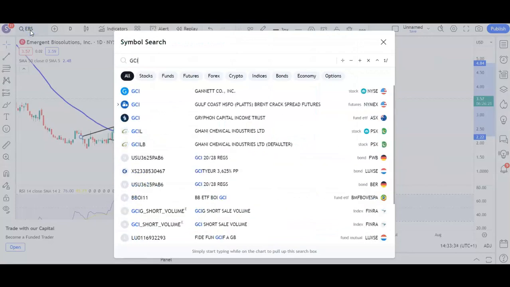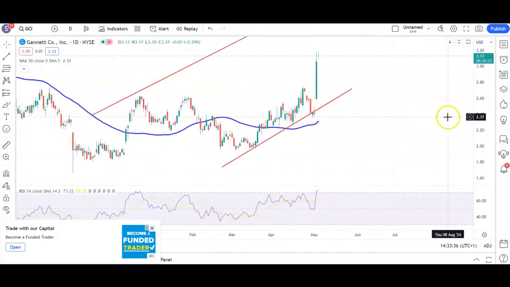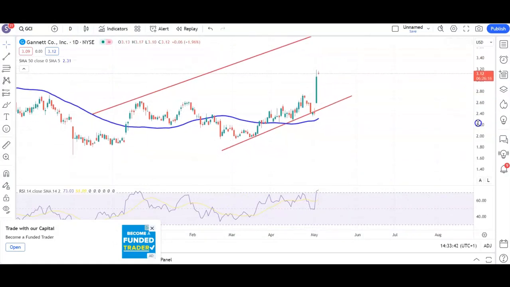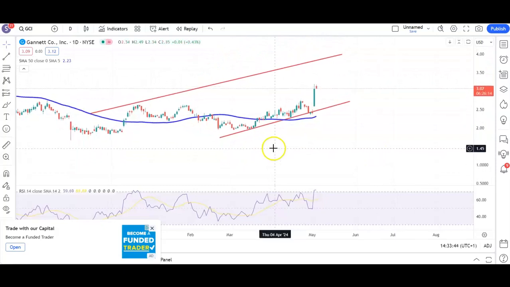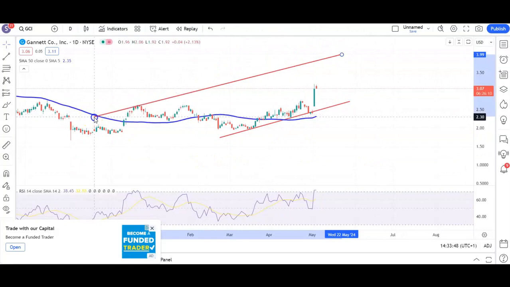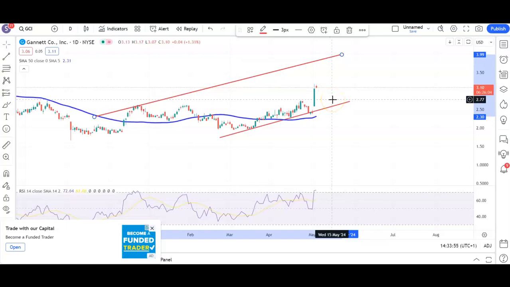Interesting setup coming up next for Gannett, and here gapping up. It was a bear trap island reversal, so gapping down and then gapping up over the last week or so. Rising trend channel there, the top of the channel from back at the beginning of the year, currently around the $4 mark, and we're looking for that by the end of this month, while we remain above recent resistance around